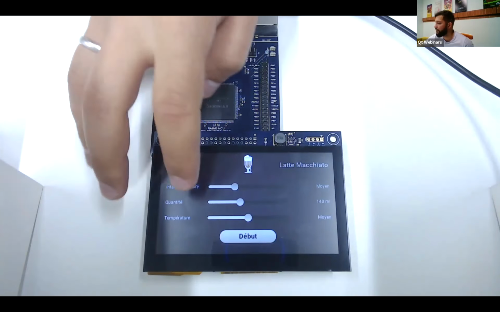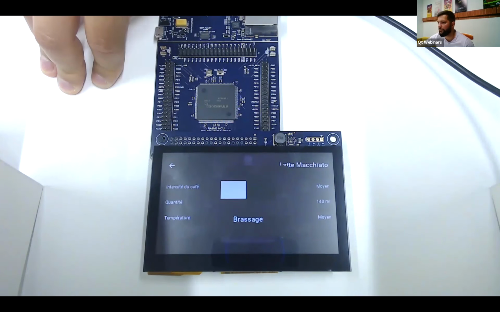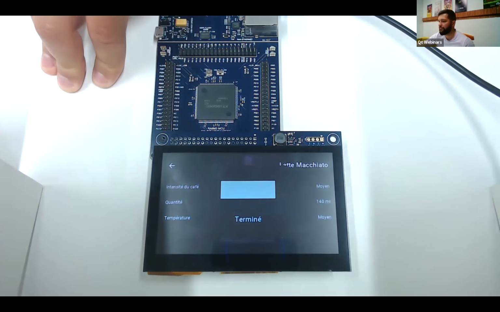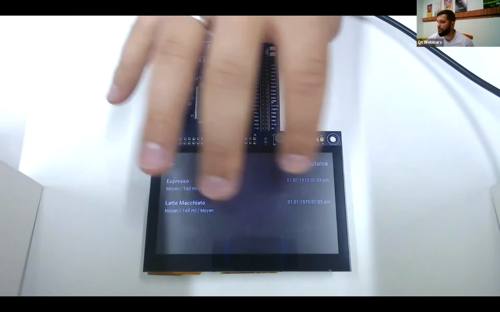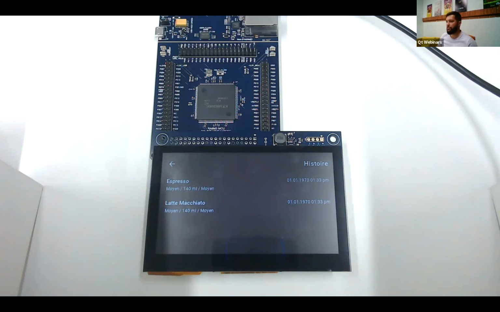Okay, and let's brew some other coffee. Let's get back and verify the history. And the history is also filled properly with a new coffee right now. So our application works exactly the same way as on the